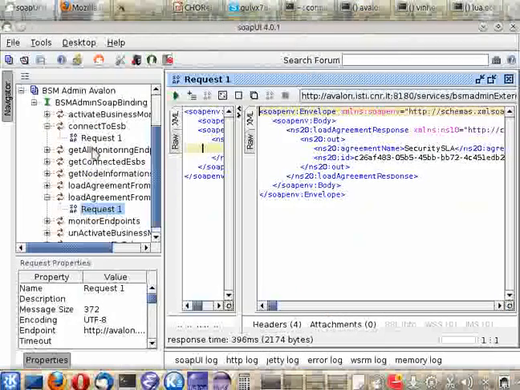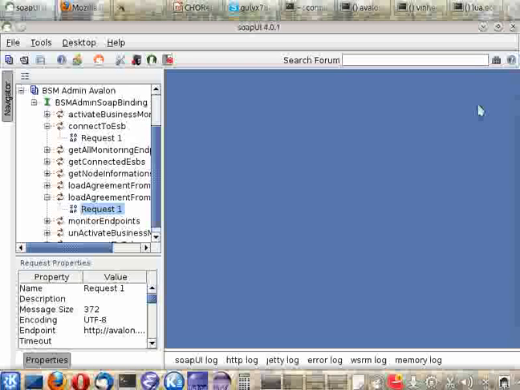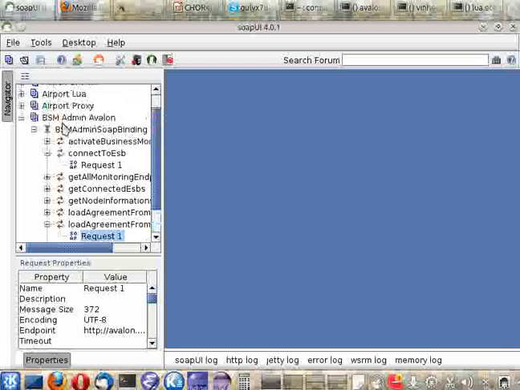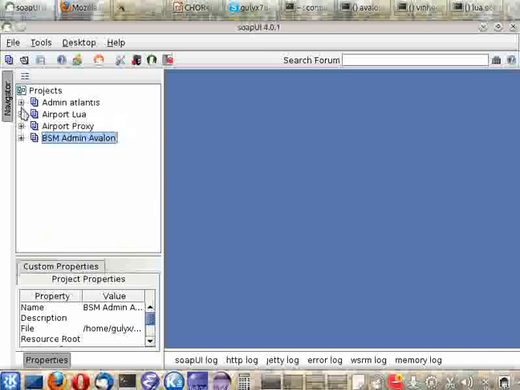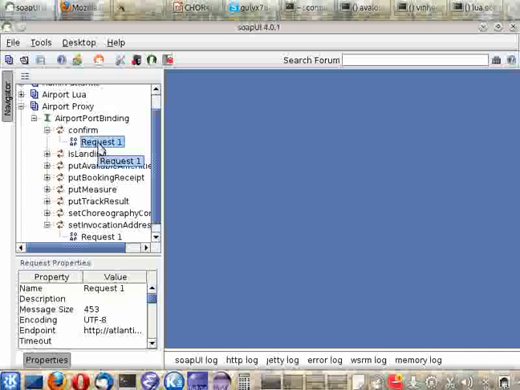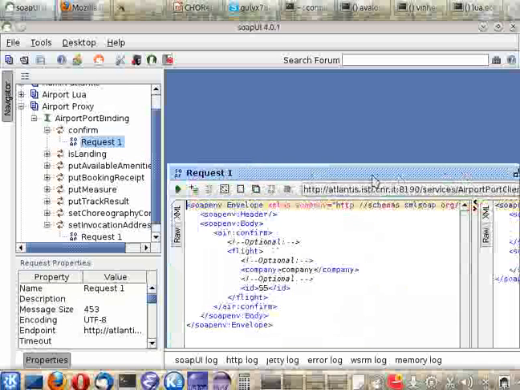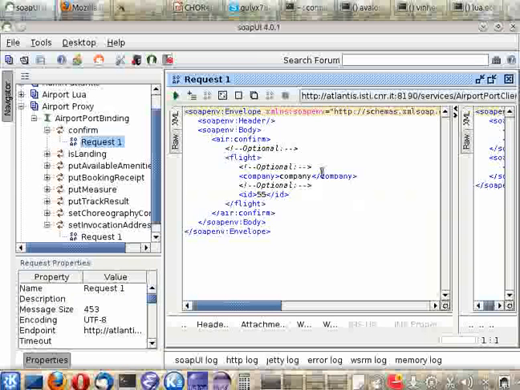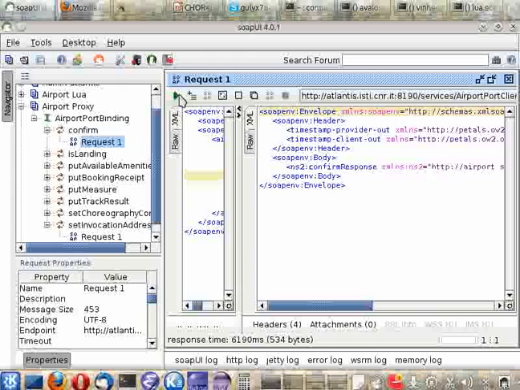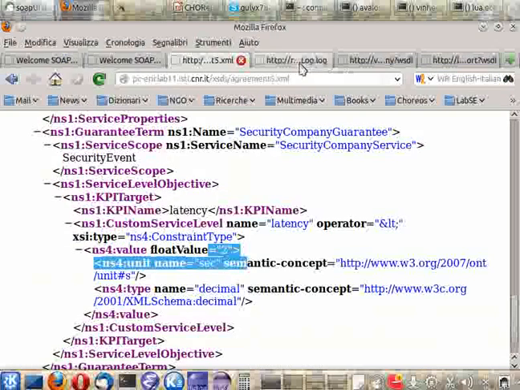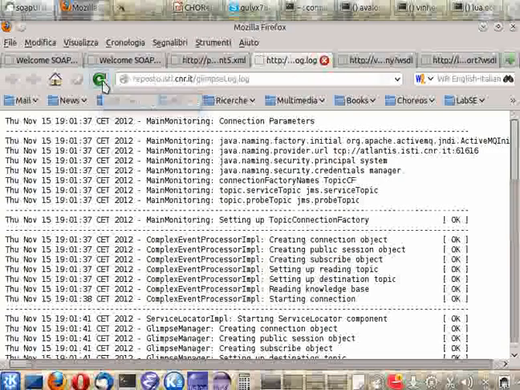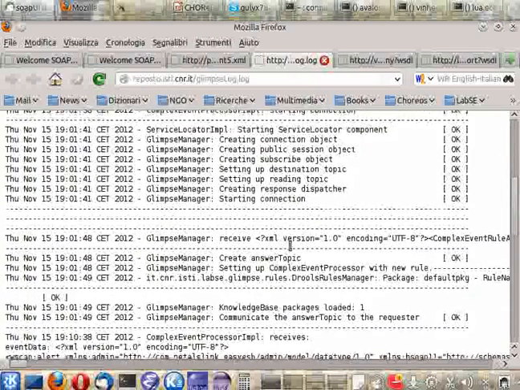As a first thing, we simulate the ATC service invoking the confirm operation. Okay, let's see if we got something. It seems yes.